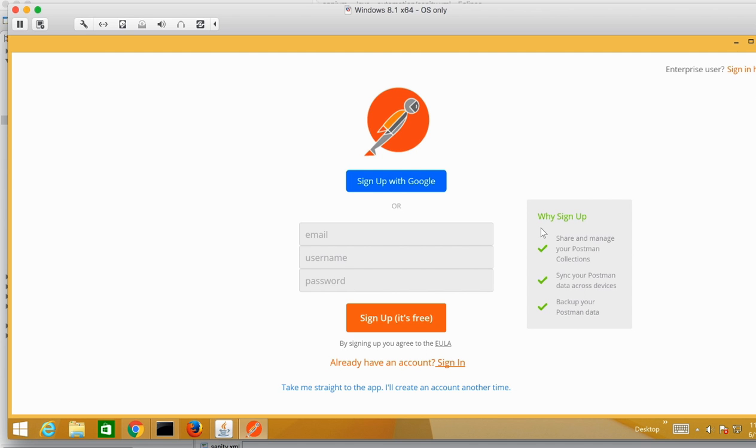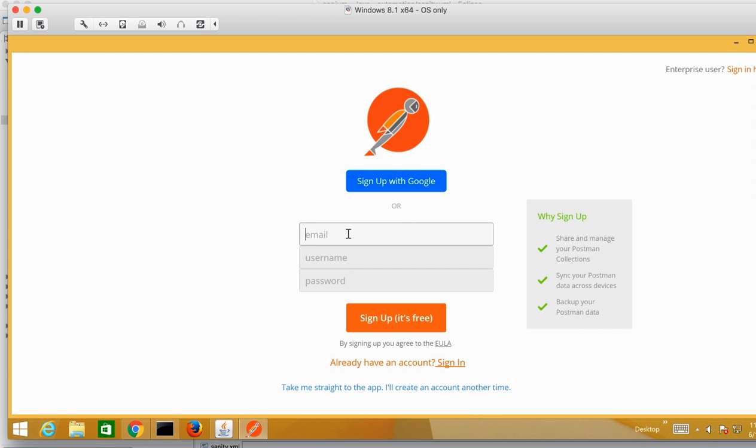You can supply your username and password, or you can use your Gmail username and password, it will work fine. So sign up with Google, or you can supply the email, username and password. I already have an account, but I will create another one and sign in.